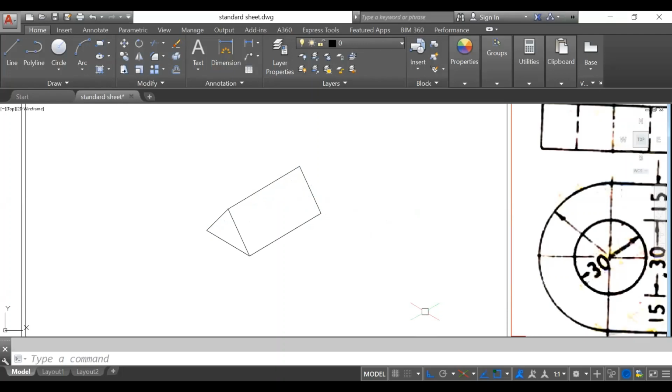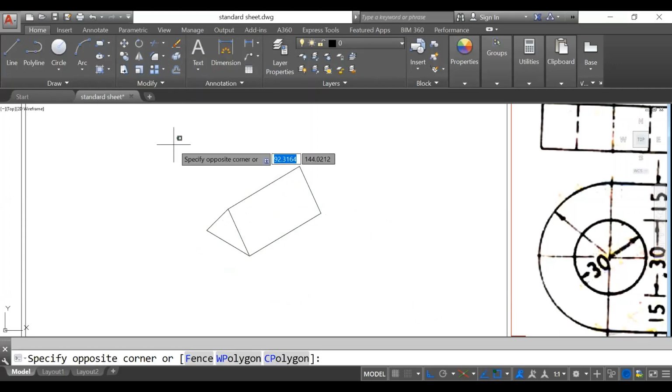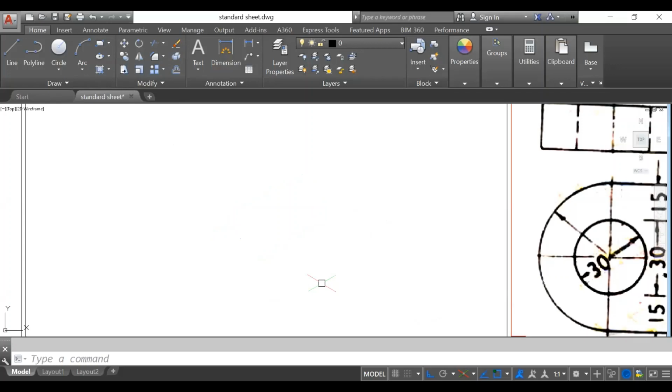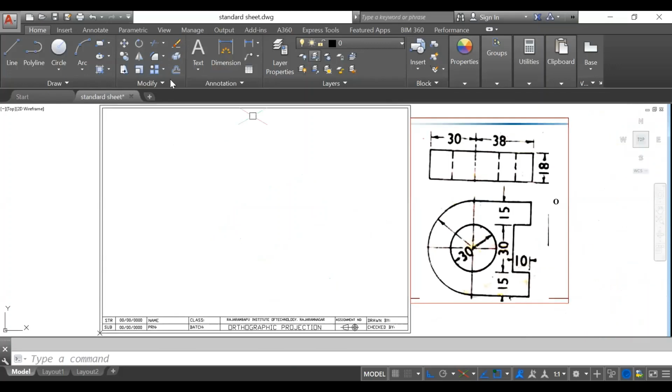So this is a triangular prism. It should be like this. This is the answer. If I show the triangle in the front view and a rectangle in the side view, then the answer is the isometric projection here. Likewise, this is the scenario for drawing a particular isometric projection. Now I will delete it and come back to my original question.